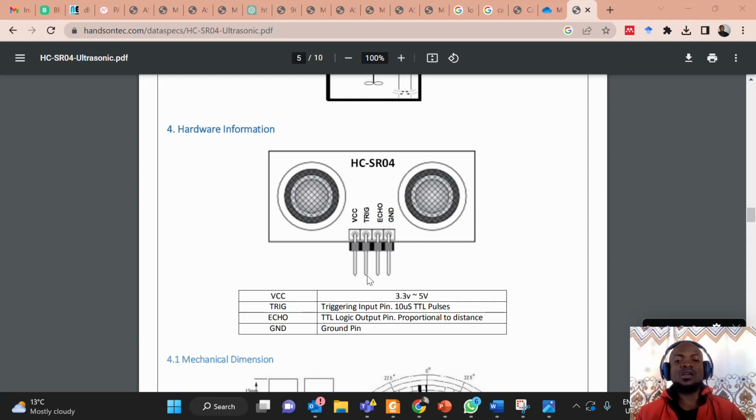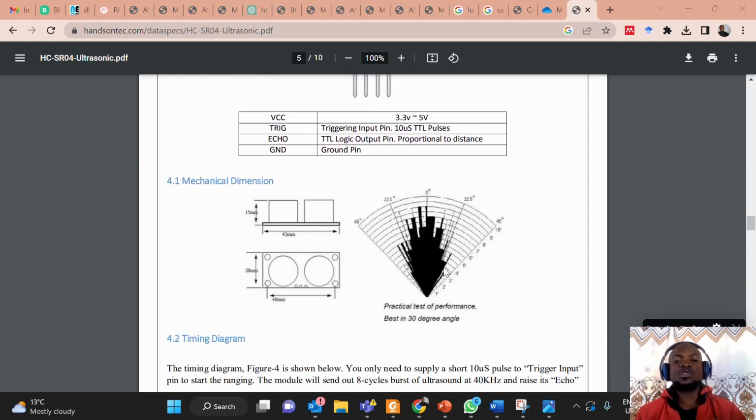The trigger, you need to supply a pulse to the trigger so that it can send out the 40 kilohertz pulse, while the echo pin receives when this echo transducer has received the echo signal back from the obstacle, then the echo pin will communicate with the Raspberry Pi to tell it that, oh, I have received the echo signal. Okay, so